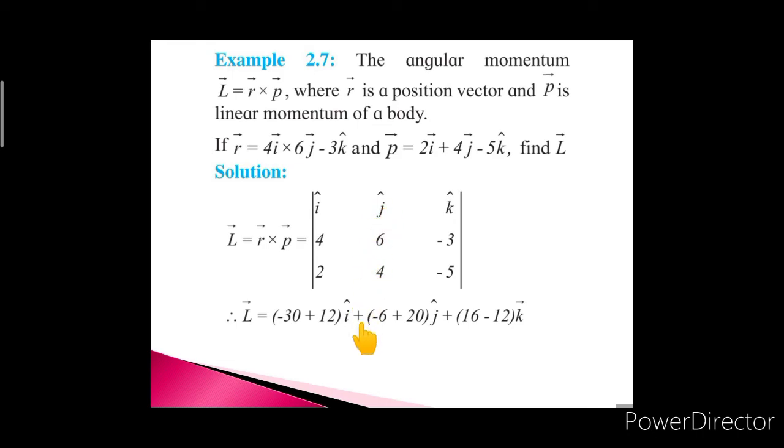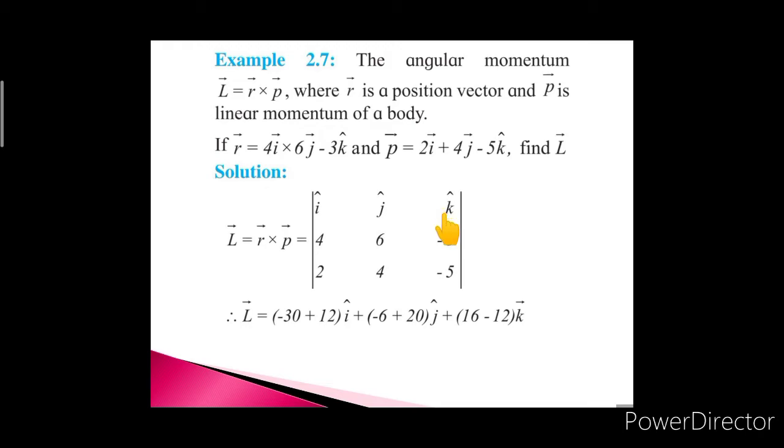Then plus j cap is to be taken over here, and the corresponding row and column is not taken into account, and as we had taken the plus sign for the unit vector j, the order is changed for the multiplication. We start from the right hand side. So minus 3 into 2 is minus 6, then minus 4 into minus 5 is minus 20. This minus 20 with the minus sign over here becomes plus 20. So in a bracket we write minus 6 plus 20 into j cap.